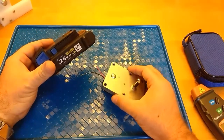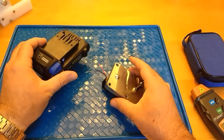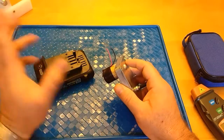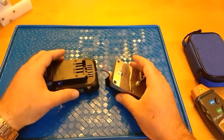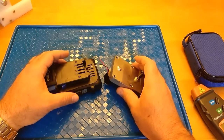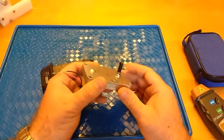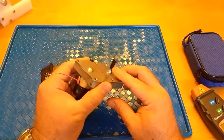Theoretically it should go pretty close to double the RPMs of the one that's running off 12 volts. If you overvolt it, it should go somewhere in the neighborhood of twice as fast since I'm doubling the voltage on it. There are a lot of variables to that, but I just thought I would hook it up and see what RPMs we get, and also use some vinyl tape, electrical tape, on here to